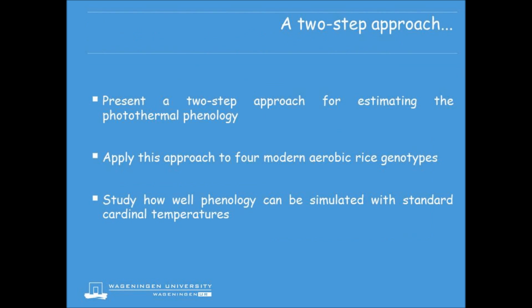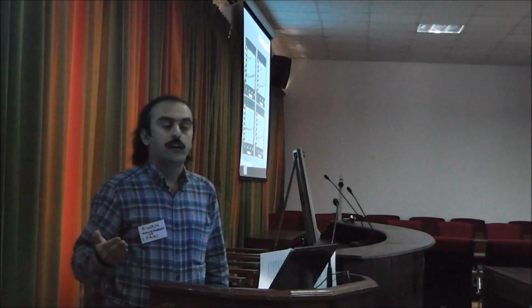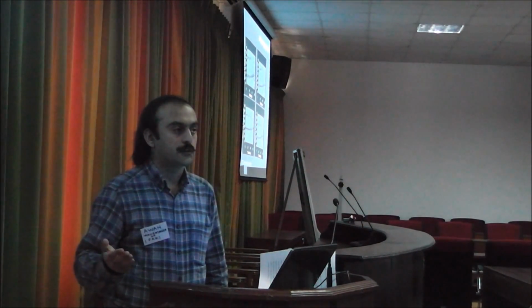The specific objectives of this study were to present a two-step approach for estimating the photothermal phenology of 4 selected rice genotypes and study how well phenology can be simulated when using standard cardinal temperatures of 8, 30 and 42 degrees Celsius. We found that with an increase in day length, the number of days to flowering increased in all 4 tested genotypes